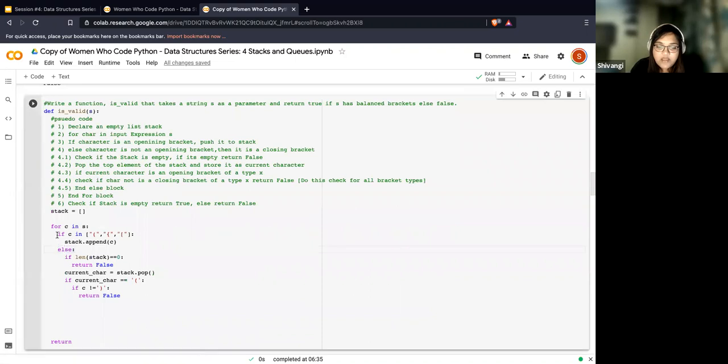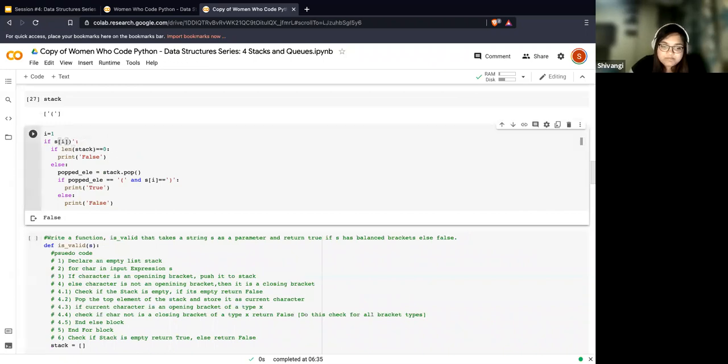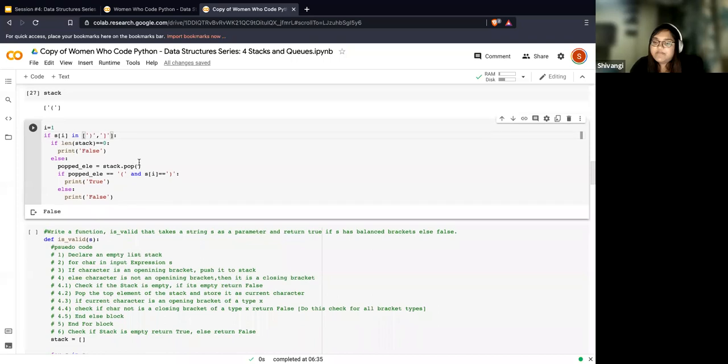If you see here, I have an if which handles the opening cases, and then I'll probably have an if which handles all these closing brackets, right? So essentially, it could have just been if S of I is in a list of something. It was just for the sake of simplicity. I hope that clarifies the doubt.